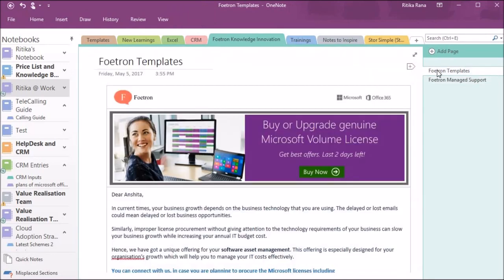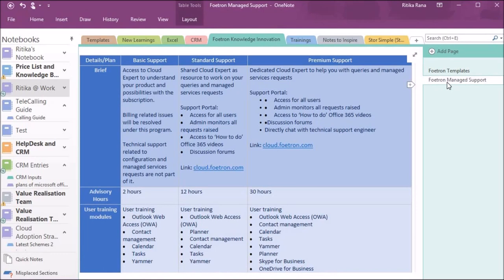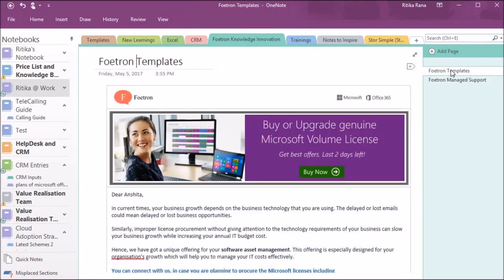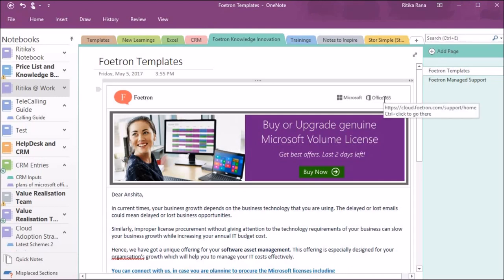Microsoft OneNote provides you the capability of restricting users to access the amount of information. In this video, we will show you how you can do that. You can access either OneNote for desktop or OneNote online. I have opened my OneNote for desktop.